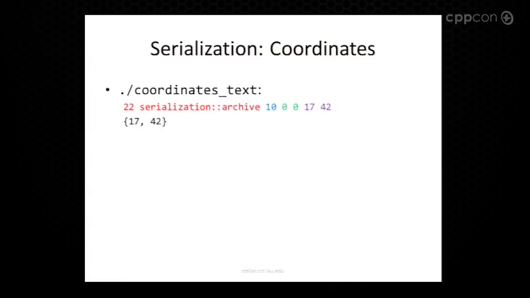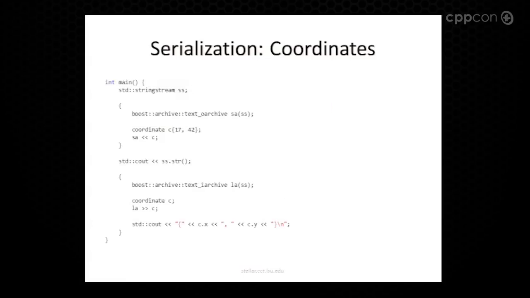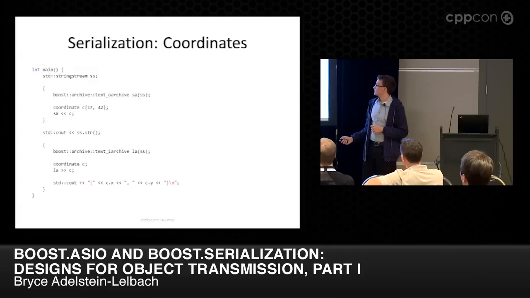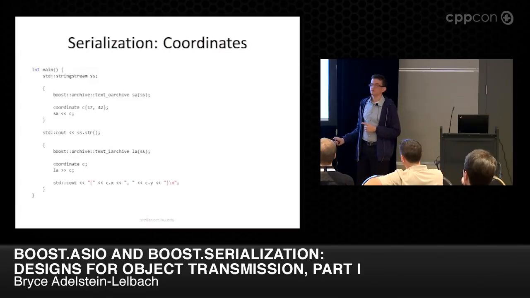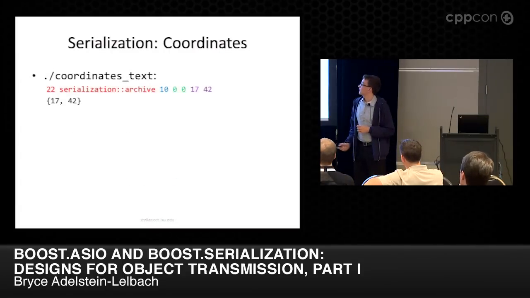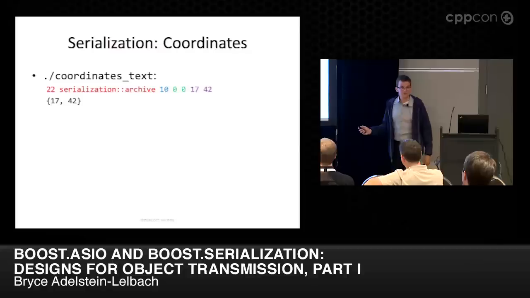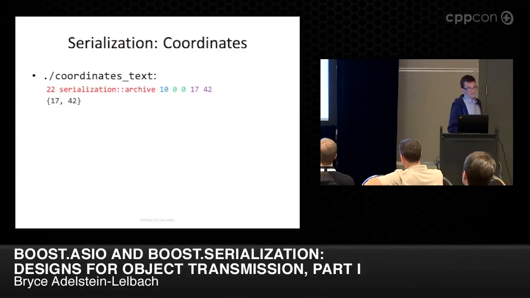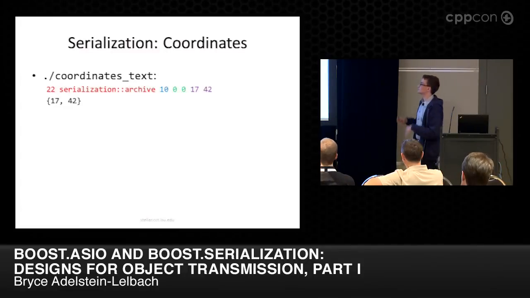All right, so when you run this, note the first thing here, when it's printing this out, this is printing out what the archive looks like, because this text archive is backed by the string stream. And then the second thing we're going to print out here is the reconstructed value. So again, this first line is what the actual text archive looks like, and the second one is just the reconstruction. So yeah, it's correct. It gives us 17 42.